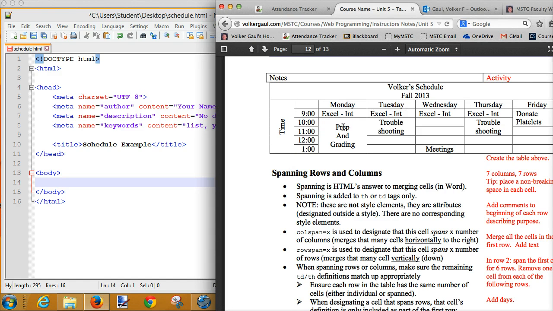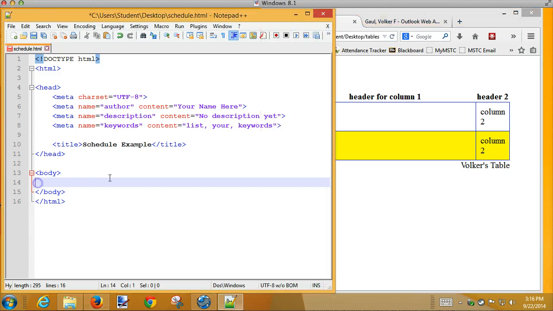In order to build this table, the first thing I need to know is how many columns do I need? This looks like one column. Well, it is, but I need to know how many columns maximum there are. 1, 2, 3, 4, 5, 6, 7 columns. Doesn't hurt to know how many rows. 1, 2, 3, whoops. Here's where every row is designated. So 1, 2, 3, 4, 5, 6, 7 rows. Duh, that's what it says on here. Okay, so over here what I want to do is create a table that is 7 cells by 7 rows,